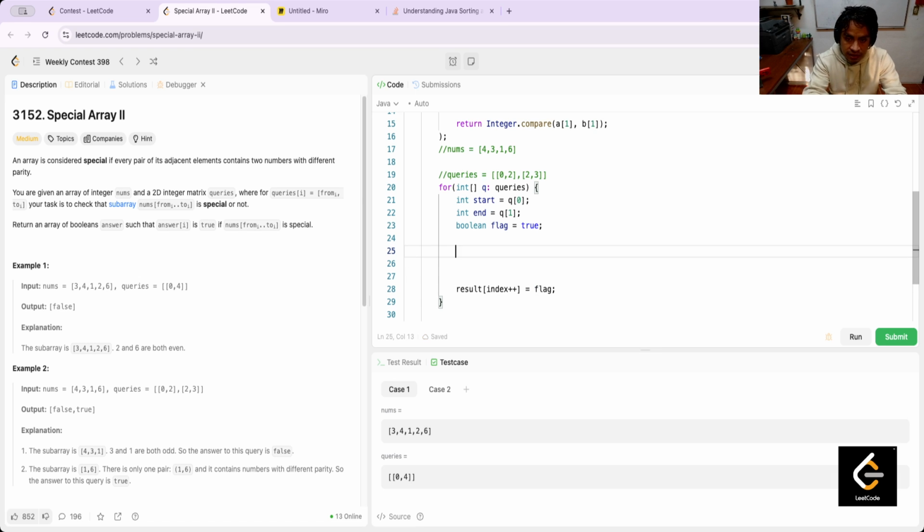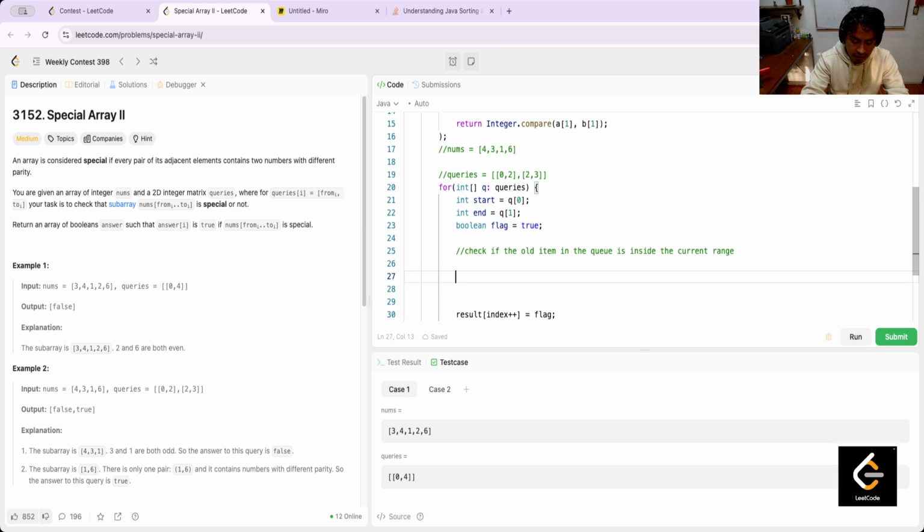The next is to check if all the items in the queue are inside the current range. And the first is